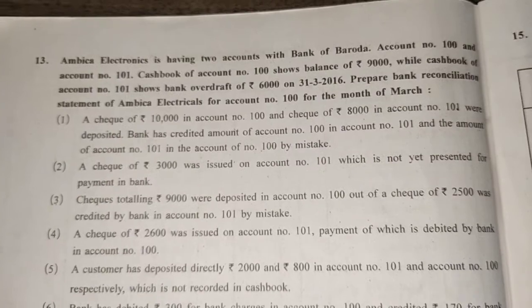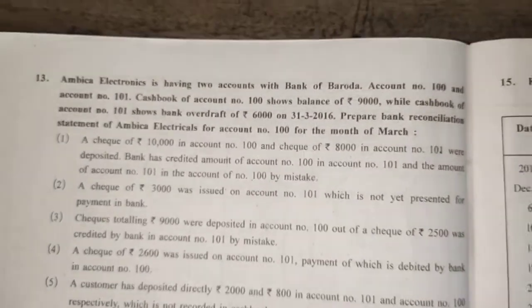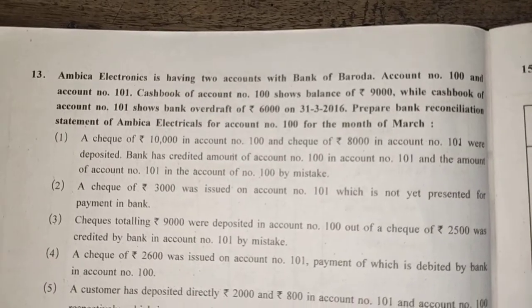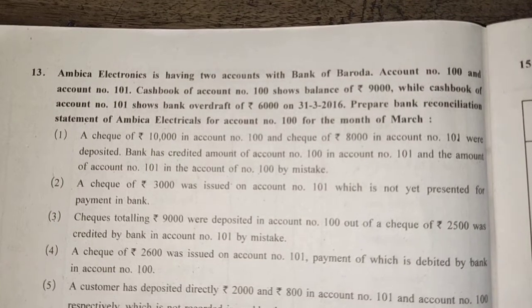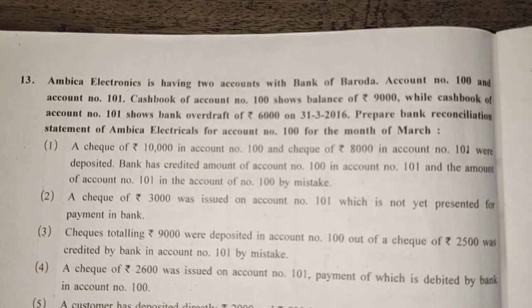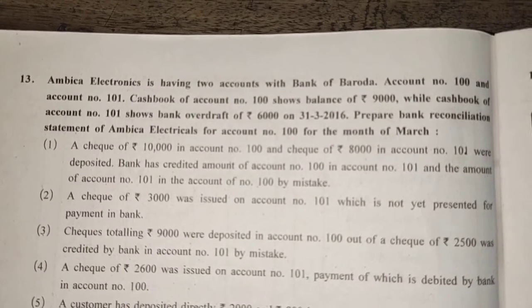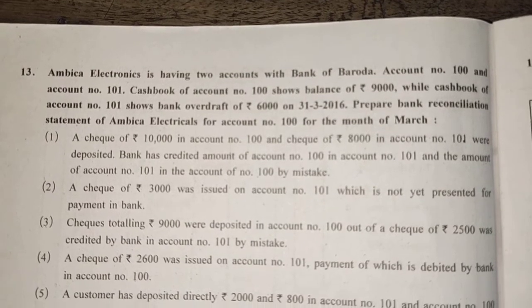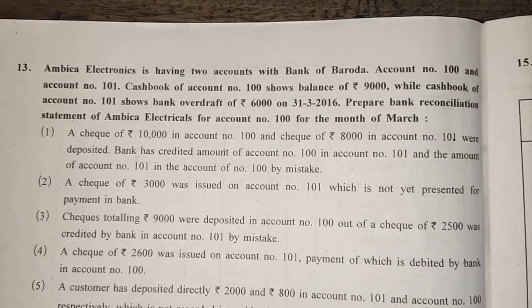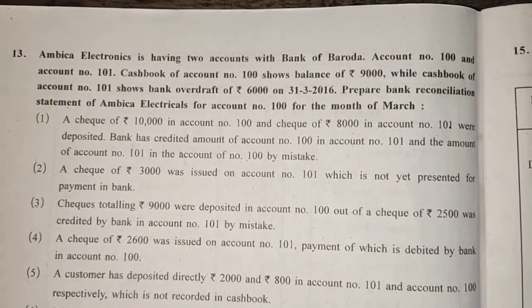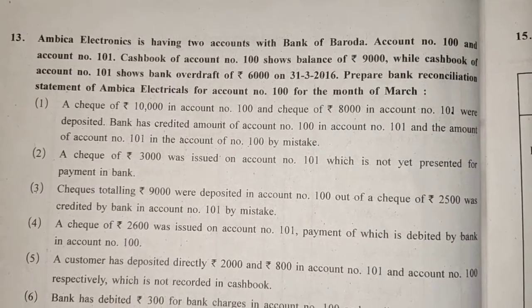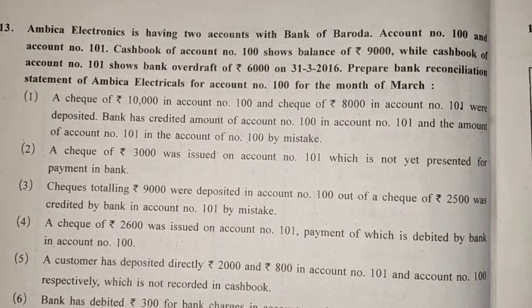So friends, the new thing in this sum is what? Two accounts are there, account number 100 and account number 101. Both accounts are held by Ambika Electricals, right? Now we need to prepare bank reconciliation statement of account number 100. So we will consider those things which are not recorded or wrongly recorded or wrong side recorded of account number 100, either by cash book or by bank